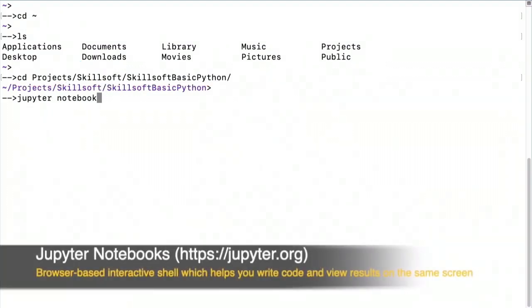But where do we write our Python code? We'll use a tool or an IDE, an integrated development environment called Jupyter Notebooks. You can learn more about Jupyter Notebooks at jupyter.org. But basically, it is a browser based interactive shell where you can type in code right within your browser window, execute that code, and see the results of your execution right there within the browser. Now, this is extremely cool because it gives you fast feedback as to whether you've made a mistake or not. Jupyter Notebooks is one of the most popular environments that Python developers use to write and prototype their code.